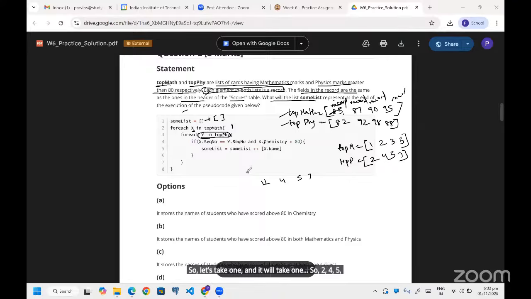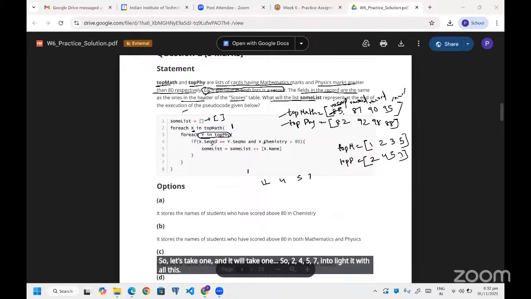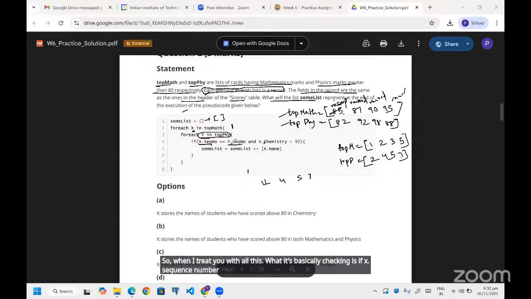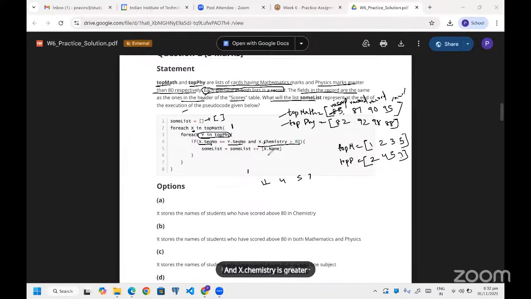It will iterate with all of these. When I iterate, what it's basically checking is if x dot sequence number equals y dot sequence number and x dot chemistry is greater than 80, then you add their name to the list. There's nothing but you are adding the name in the list, right?